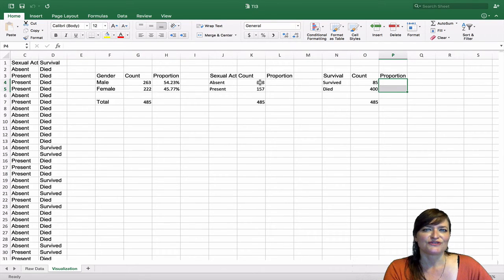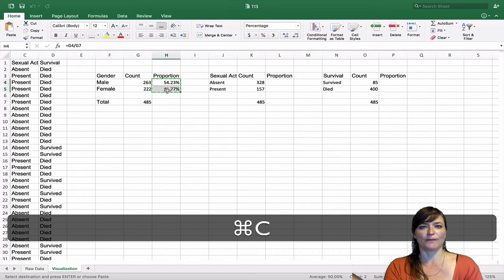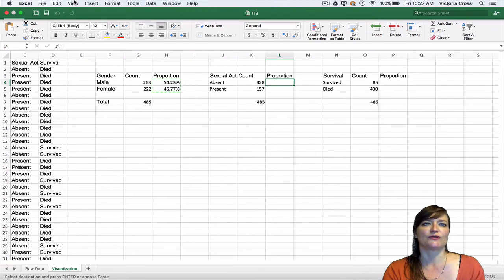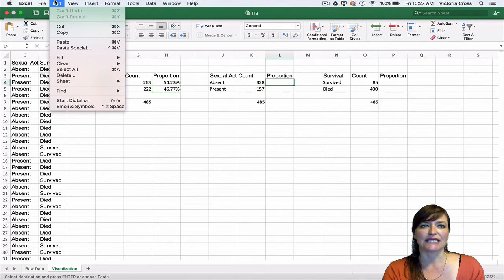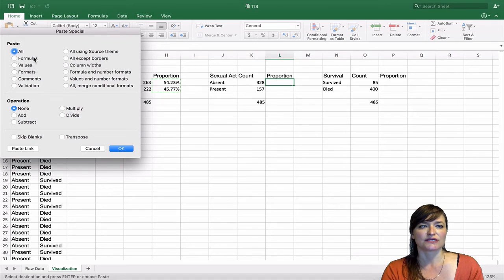Let me introduce you to an Excel function called paste special. So we're going to select that and copy it. We're going to come over here, and what we want to do is paste the formula. So we're going to come up to our pull down menu, and under edit, instead of just choosing paste, we're going to choose paste special and select the formula.